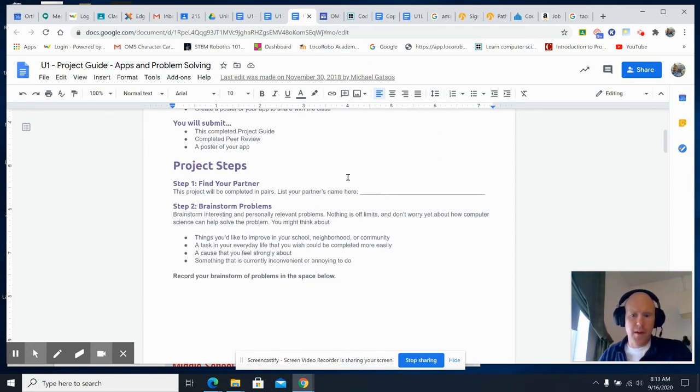So if you want to find a partner, that's fine. If you don't, that's fine too. If you do, you're going to need to figure that one out. So our rule with partners is you need to figure out how you're going to work this and problem solve yourself. Your job is to have this done on time. If you can't figure out how to do it on time with a partner, then you need to do it